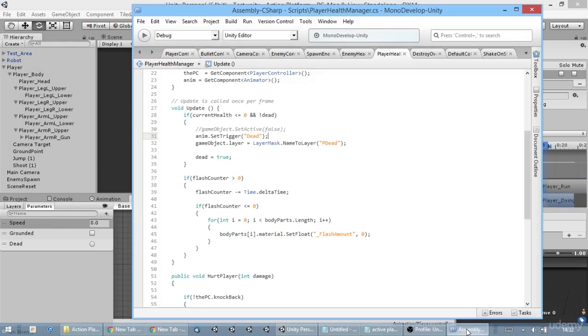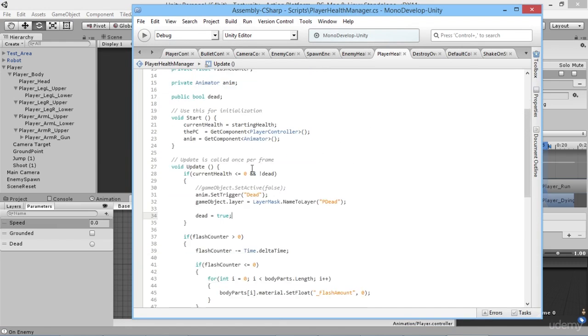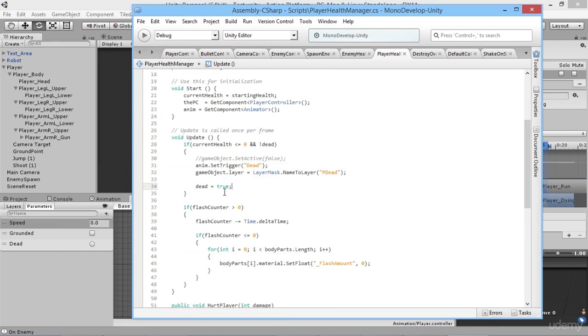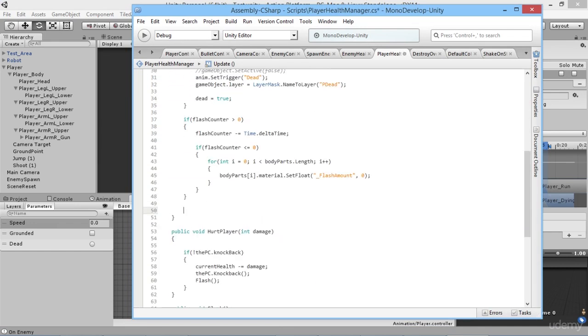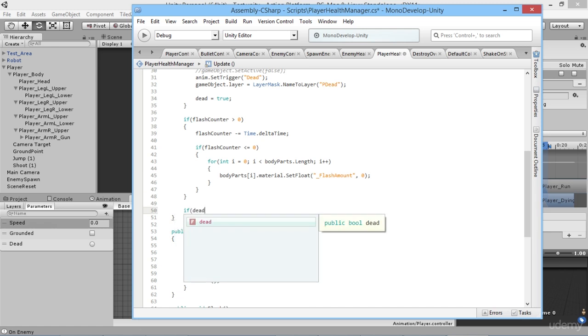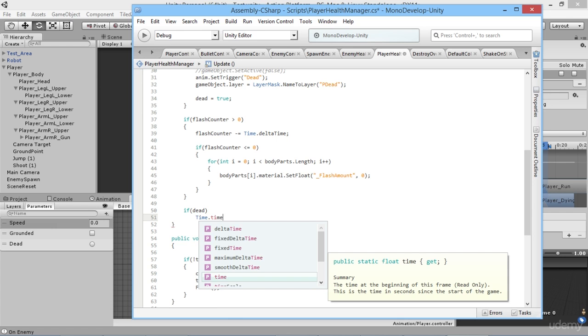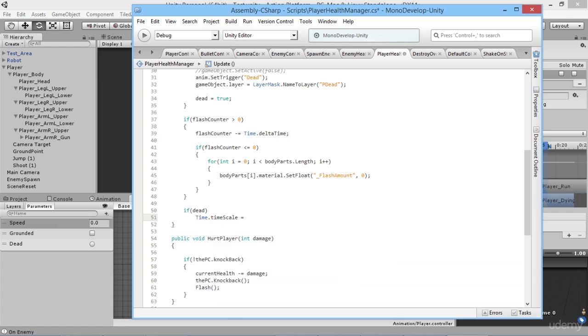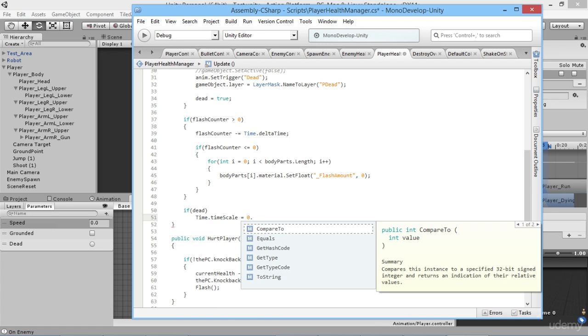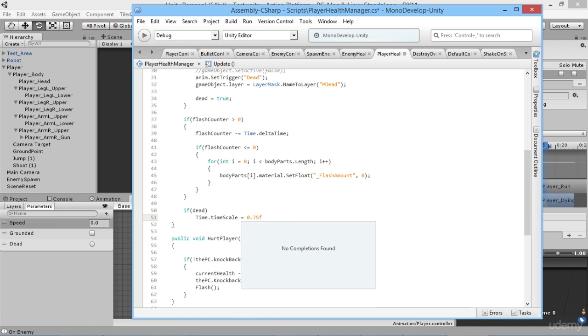So what we can do is very simply go into our player health manager script, go into our update loop here, and all we have to do, we'll do it just after this stuff here, is say if dead, so if the player is dead, then we can say time scale will be equal to, let's say 0.75. So the normal way the time works within Unity is if our time scale is set to be 1. So we're going to set it to be 3/4 speed here,